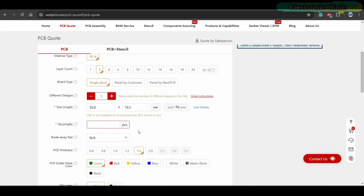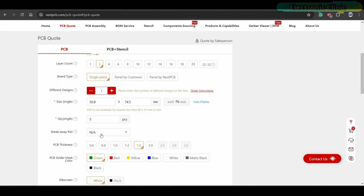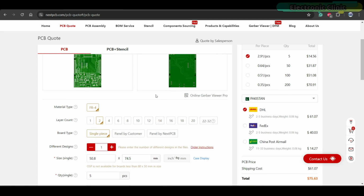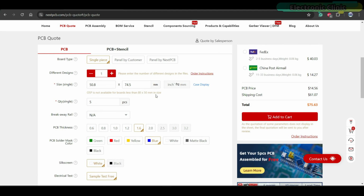Next, you need to select the quantity. Since it's for prototyping, I'm going to select 5 PCBs. After that, you can choose your favorite PCB color. For now, I'm going to select blue. If you only need PCBs, then next you can select your shipment method, and that's it, your order will be